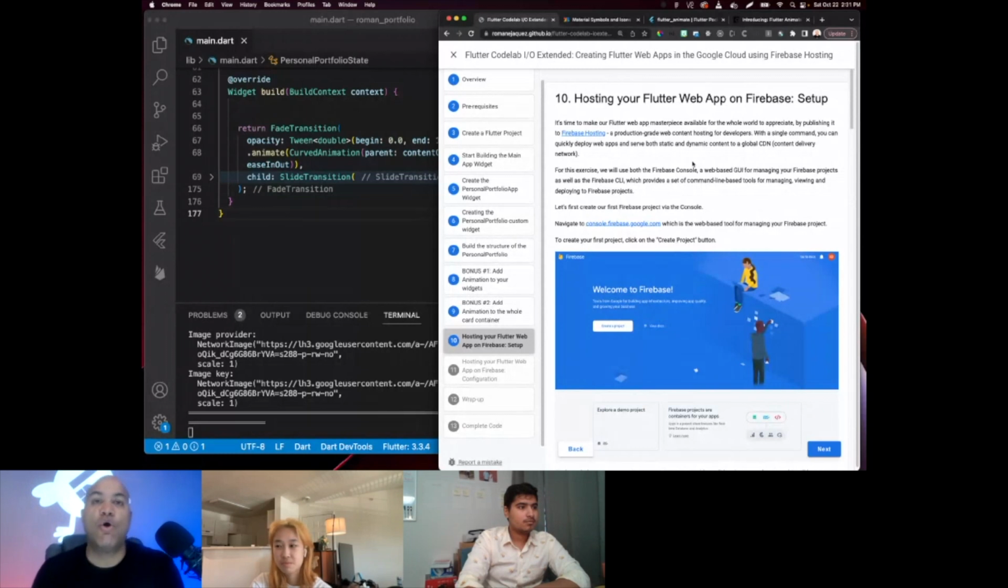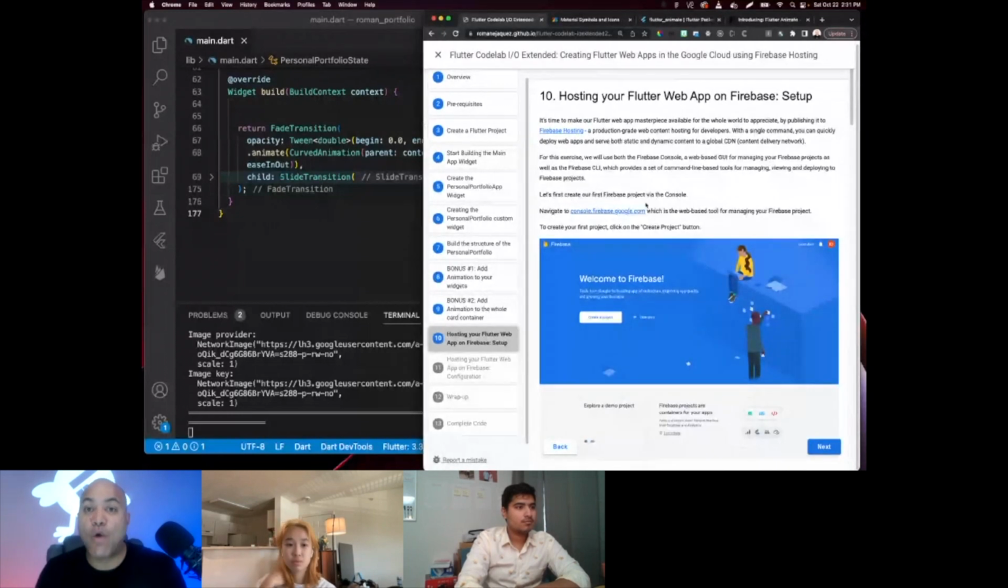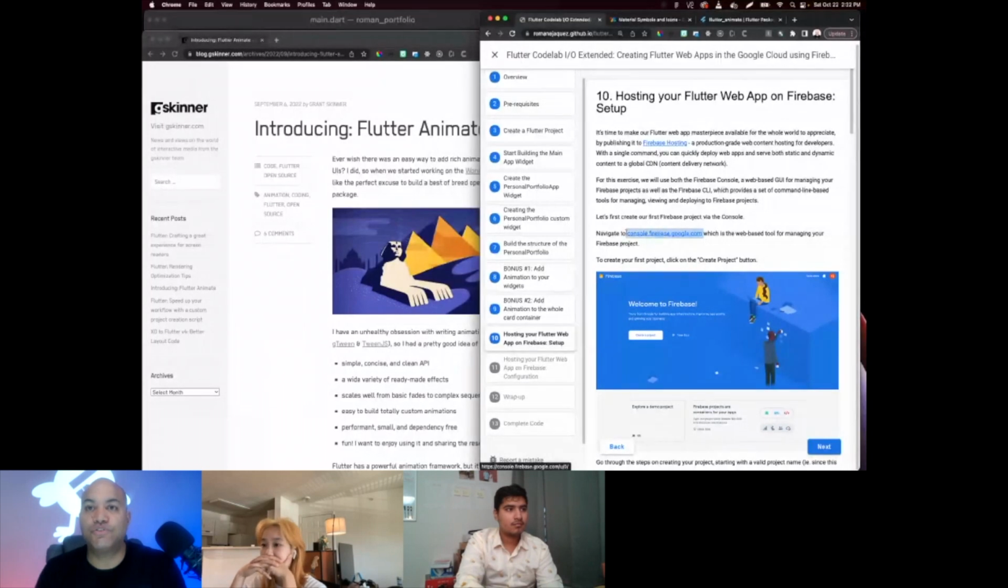But let's now proceed to step number 10, where we're going to host our application. We're going to start setting up the project in the Firebase console. So let's all go to step number 10, where we're now setting up our Firebase project. If you don't mind, let's go to our code lab and let's go to Firebase. So navigate to